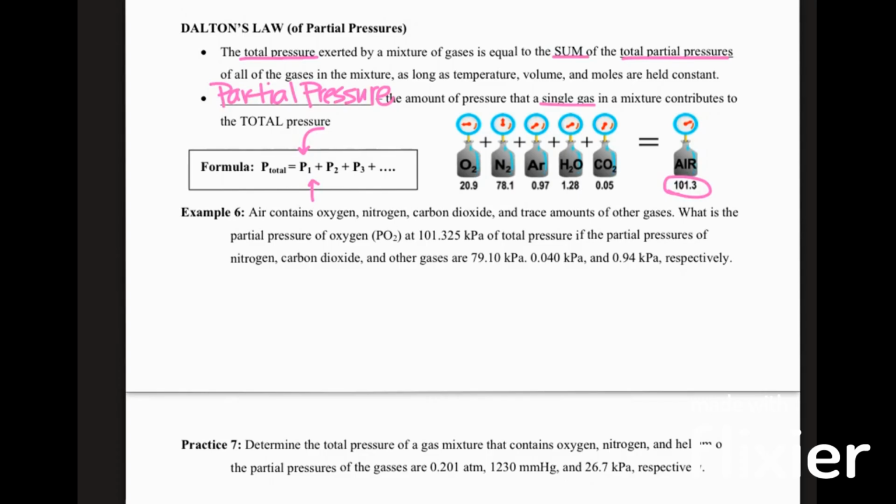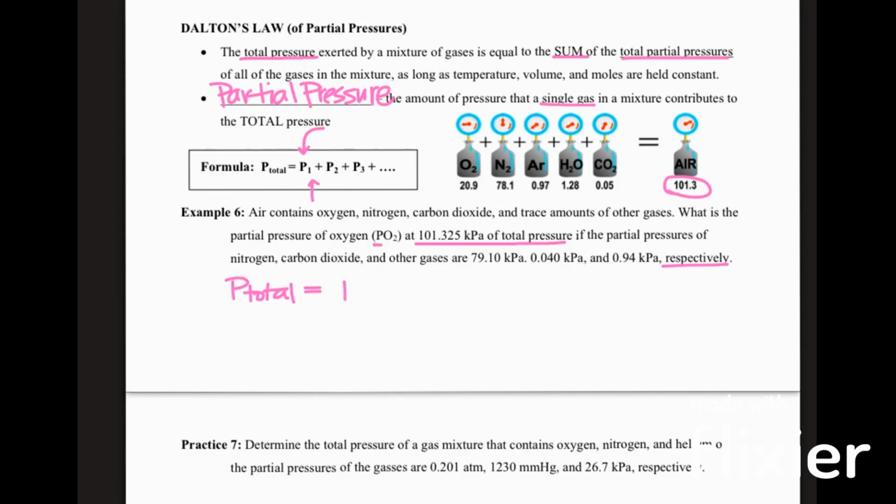Otherwise, it's a fairly straightforward concept, and the formula is pretty straightforward. In this scenario, it says air contains oxygen, nitrogen, carbon dioxide, and some other trace amounts of gases. What is the partial pressure of the oxygen? See how we wrote the big P? Normally that O2 would be a subscript, it just isn't on this document. We want to know the partial pressure of oxygen at a total pressure of 101.325 kPa, if the partial pressures of nitrogen, carbon dioxide, and other gases are, respectively, in the same order. So what that means is my P total